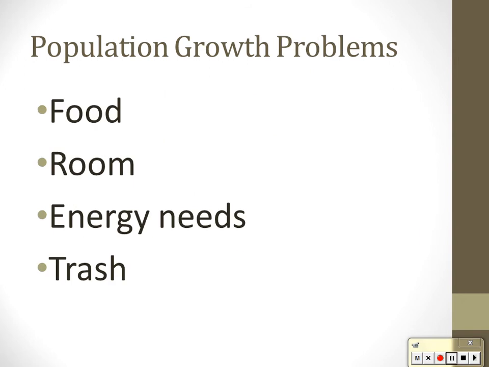The downsides to population growth: we'll eventually run out of food on the planet. The sun can only provide so much energy. If there's more people that require energy than the sun's providing, bang. We're running out of room. I disagree with that one. We just got to learn how to live on the water.